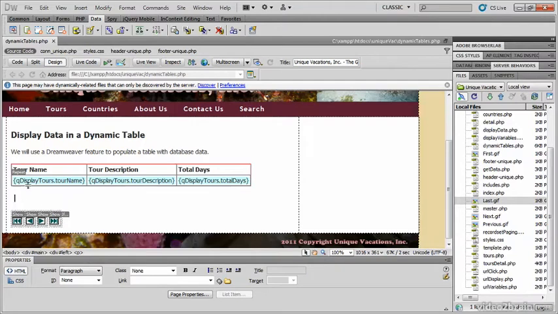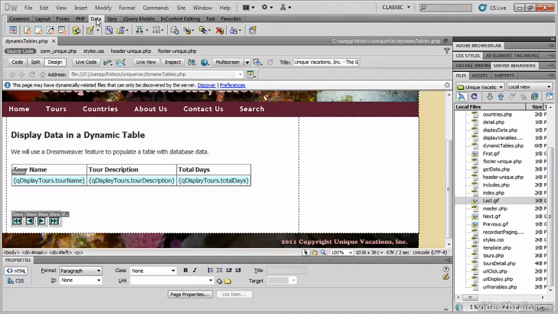So my cursor is in between our dynamic table and our record set paging. In terms of working with these two, these were created and added in 2 previous movies. So if you have not done the record set paging or the navigating database data movie or the dynamic table movie, your page will not have these features on them. So I would suggest you go back and start in the dynamic table movie and go through that piece. So we're going to put our cursor in this area between these 2 items,